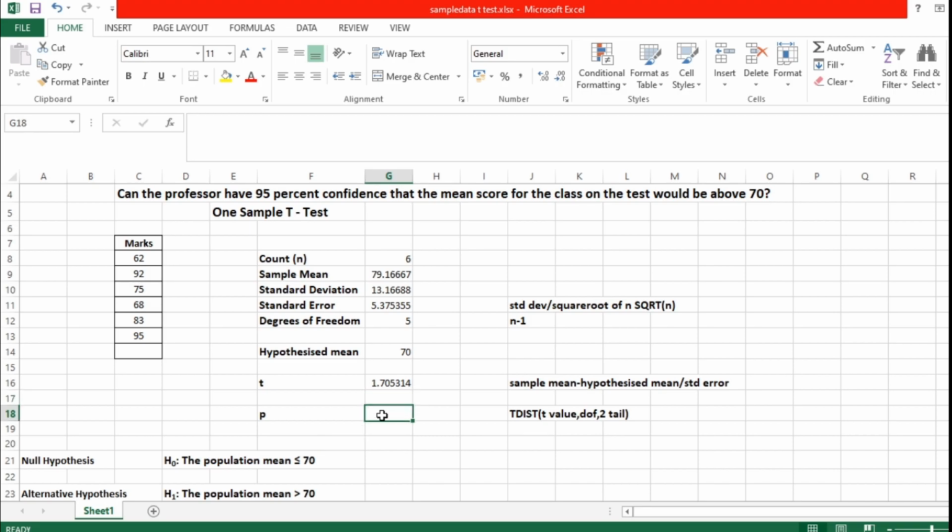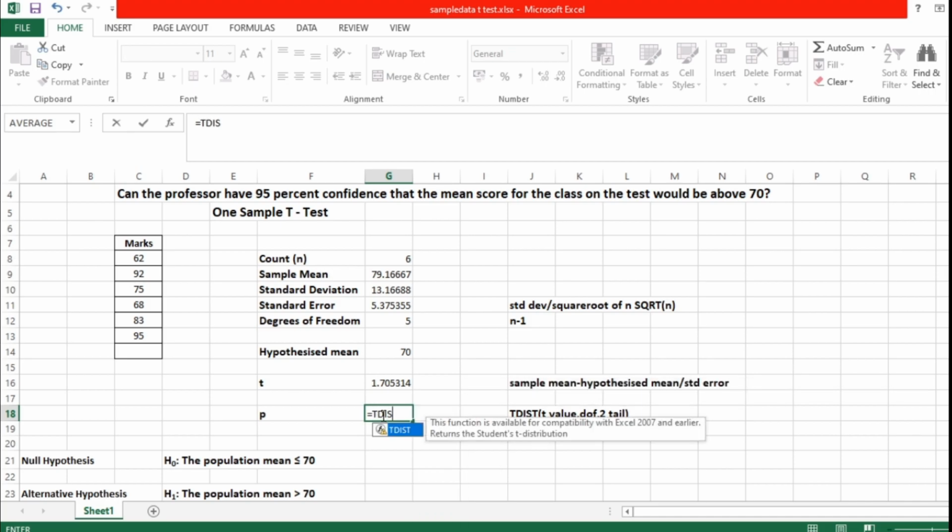So right, we are going to calculate p-value equal to, as I said, the formula is, first you have to go with TDIST. While you click it, we'll get x, what we call it as the t-value. So first x, second degrees of freedom, and then tails. It will ask one tail or two tail. So I'm going for a two tail. Okay. So here, after entering the t-value, I must go with a comma. Then only degrees of freedom value will be highlighted.